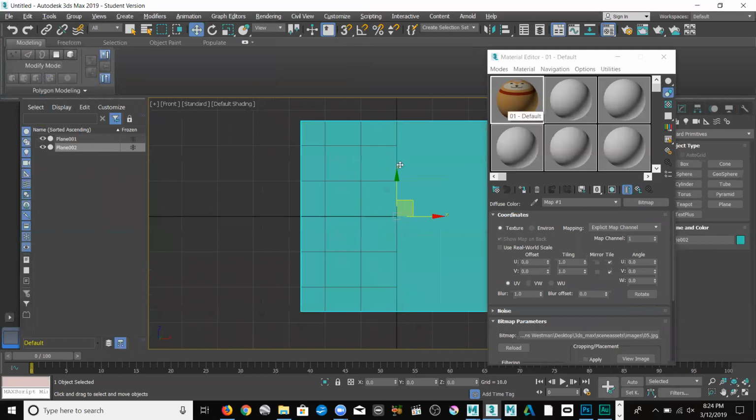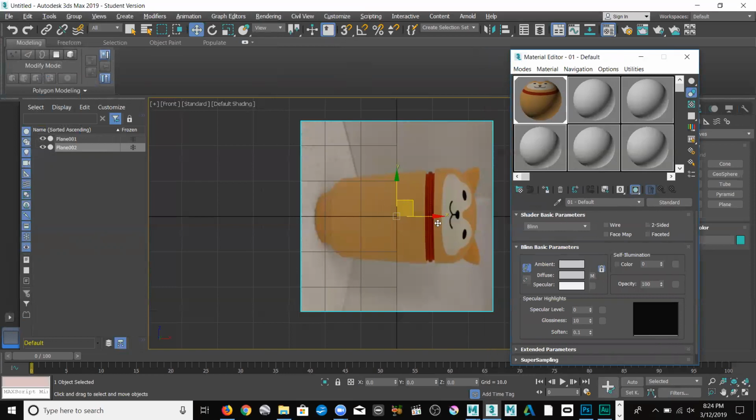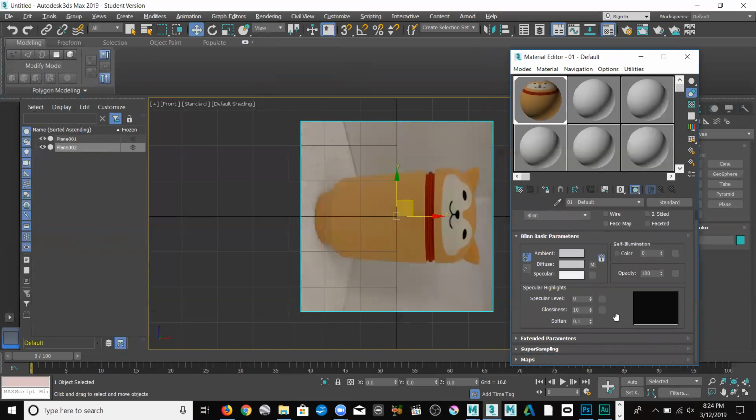And with this selected and this also activated, I can click on this Assign Material to Selection, like this. And if I also turn this on, if I go up one level to get access to the top parent, you can see that if I show material in the viewport and activate it, now you can see it on the surface here. And what you will notice is that it's at a 45-degree angle, and I can actually change that